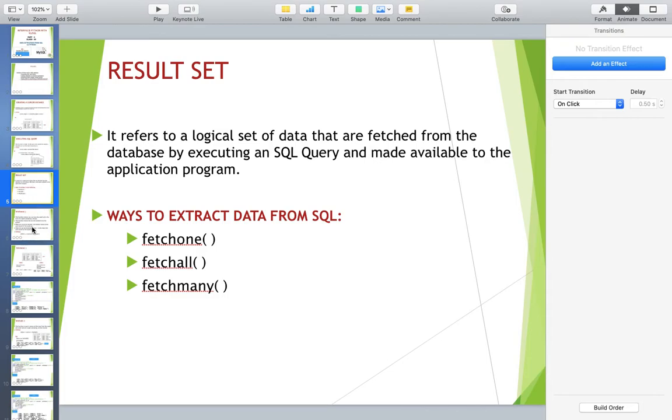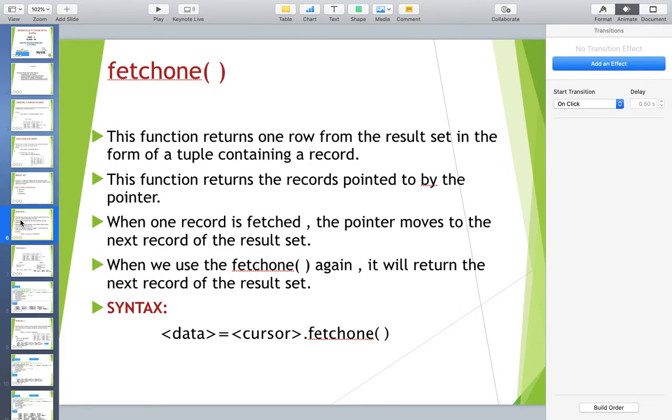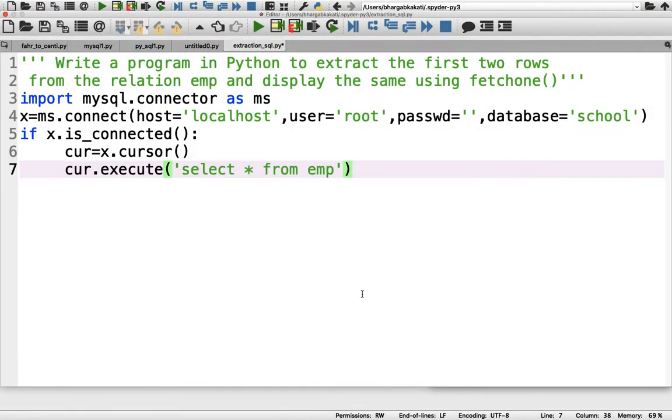Now for bringing the result set, at first we will be using the fetchone function. Okay, so what is the syntax? The syntax is data equals cursor dot fetchone.